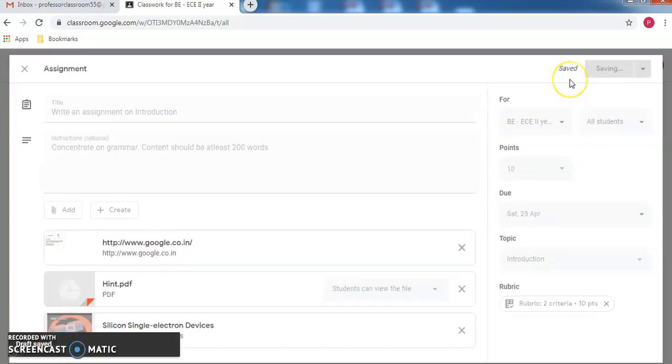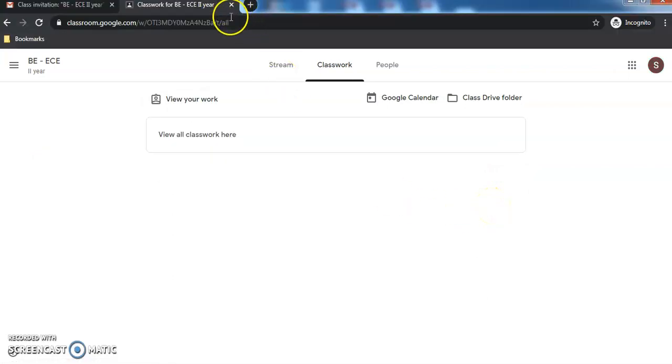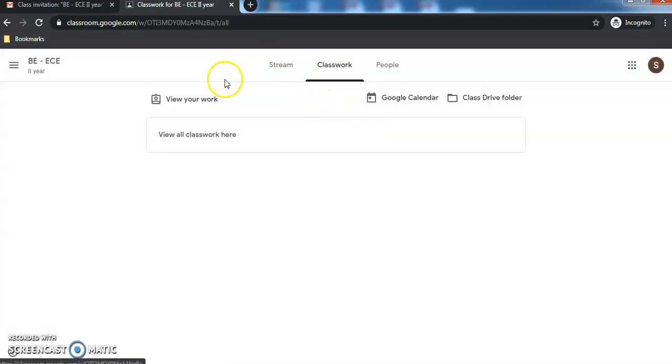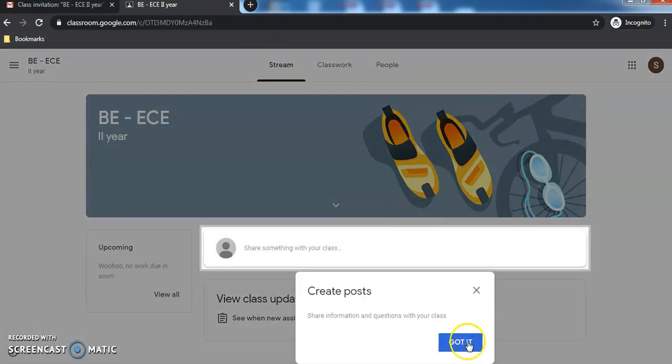Now this is saved as a draft. So you can see that it is saved as a draft now. The draft things will not be listed to the students. So we will refresh the students page. So nothing is listed for the student here. Okay.